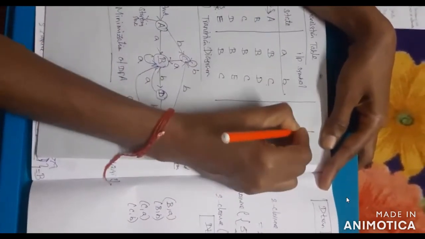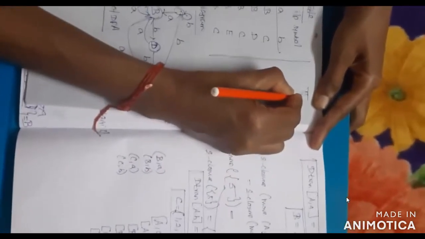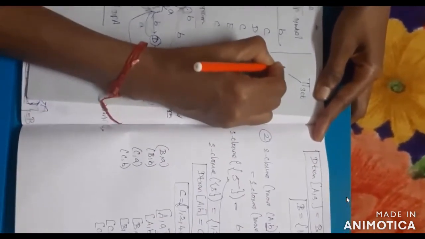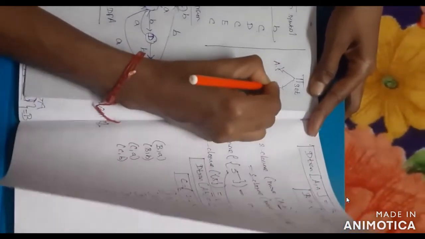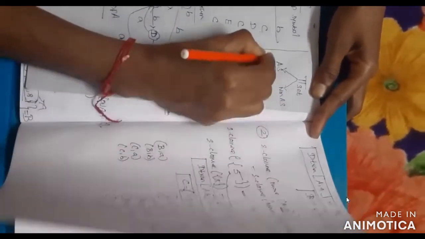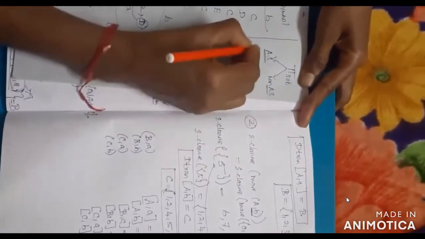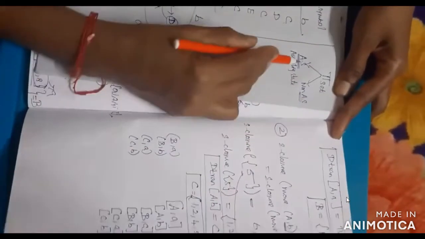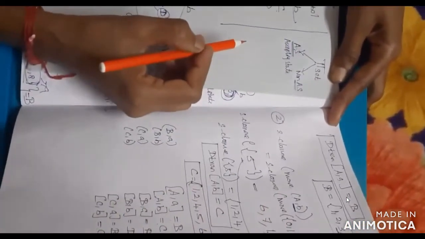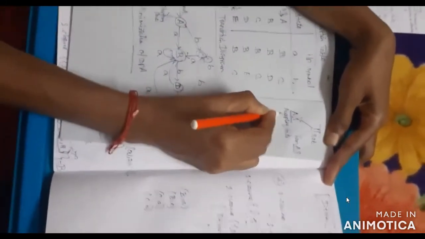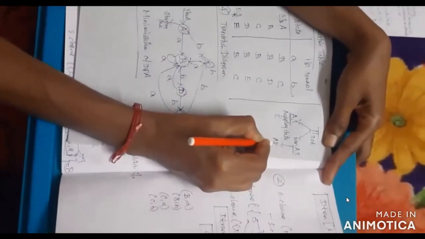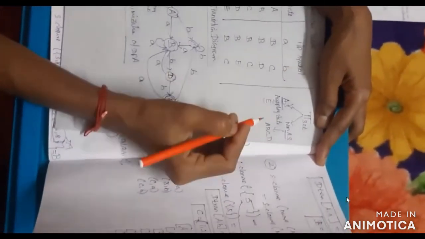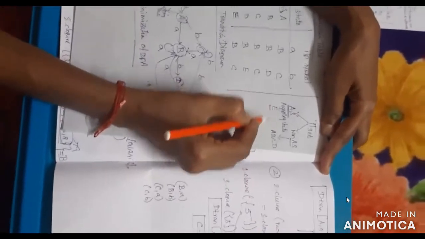Here, consider the pi. The pi is a set having two groups: one is accepting states, another one is non-accepting states. What is the accepting state here? The accepting state is E. The non-accepting states are A, B, C, D. So for the accepting states, there is no need to minimize.